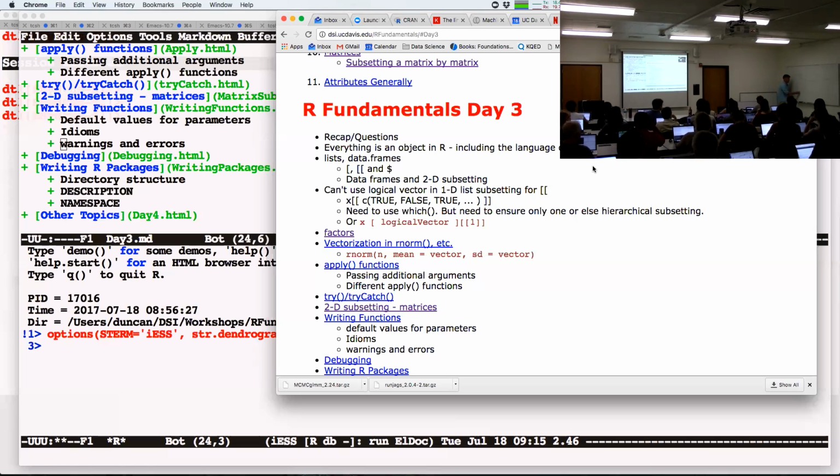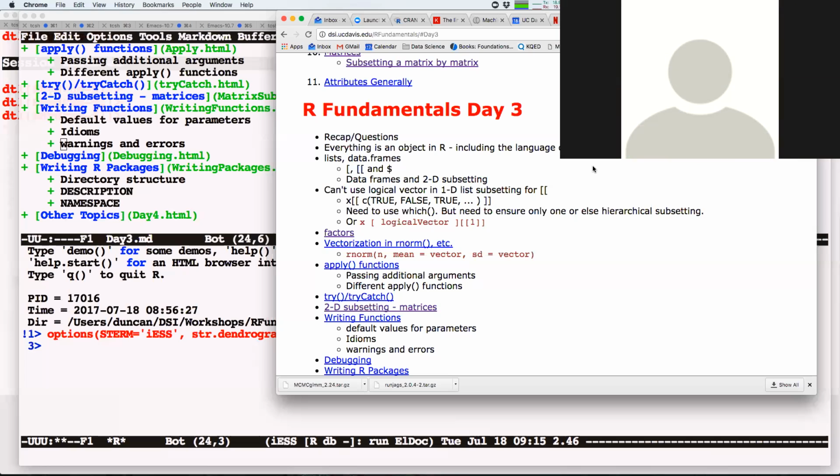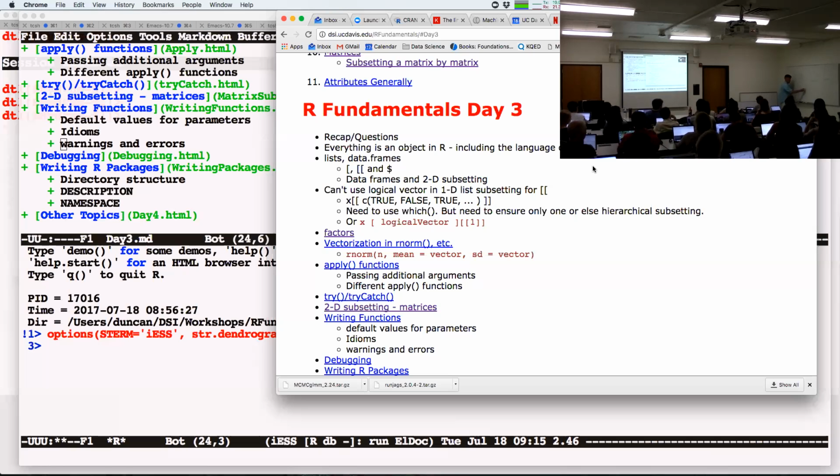So you always want to be thinking that I use the recycling rule, and then I do element-wise operations, and that leads me to a new object of the same length with the results of combining each collection of elements. And sometimes when the actual function to combine these is not vectorized, we're going to use another function called mapply to do this. Okay, and we'll get there in a minute.